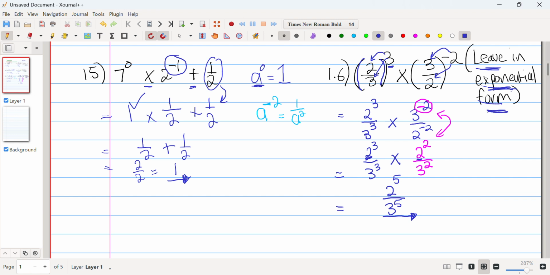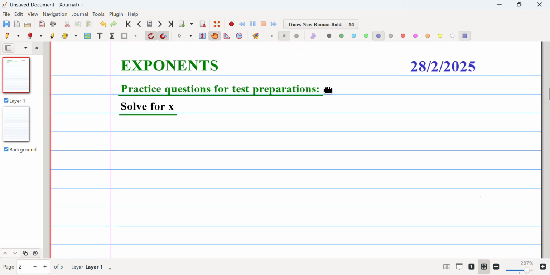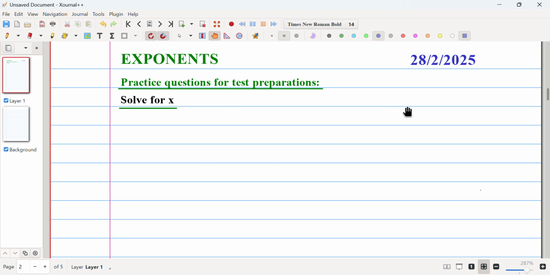exponential form. Okay. All right, guys, so that brings us to the end of today's video. The next video that I'm going to make is solving for x. So I'm going to be writing a whole bunch of questions and then taking us through how to solve for